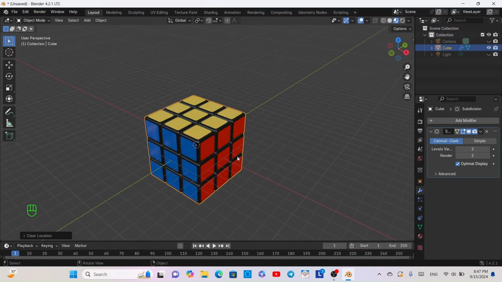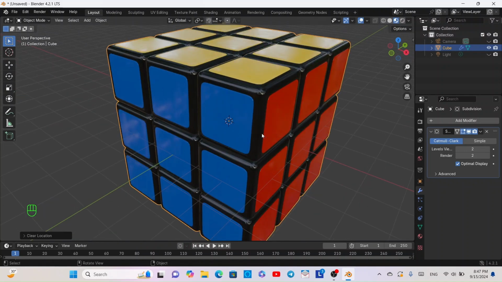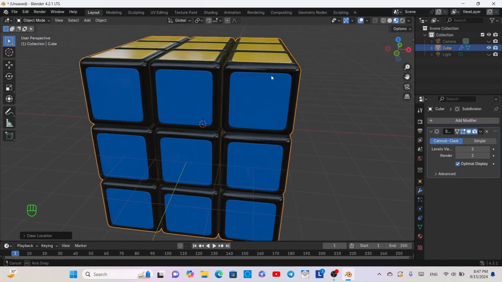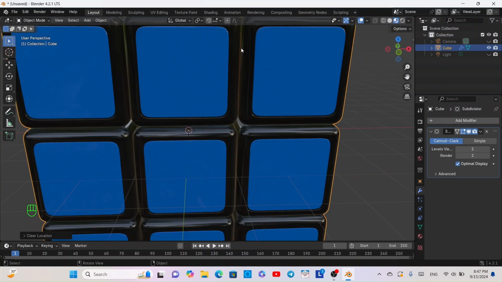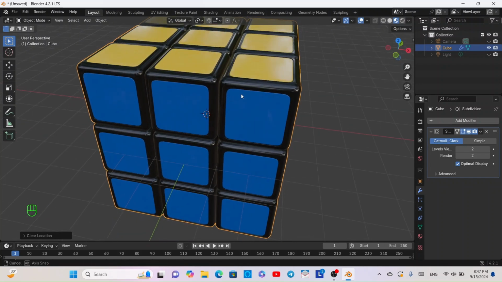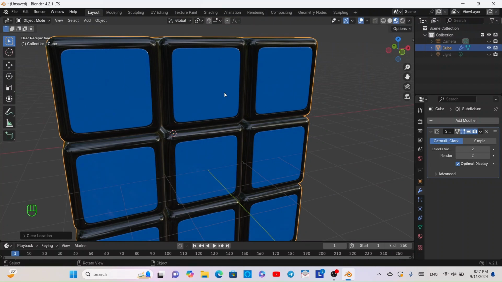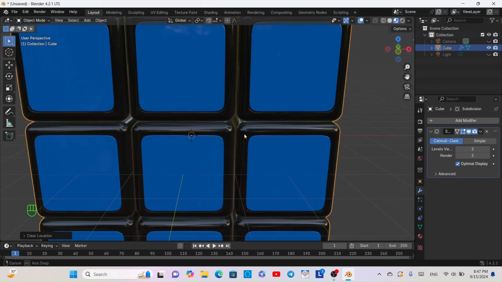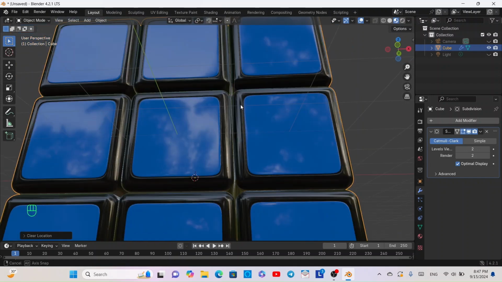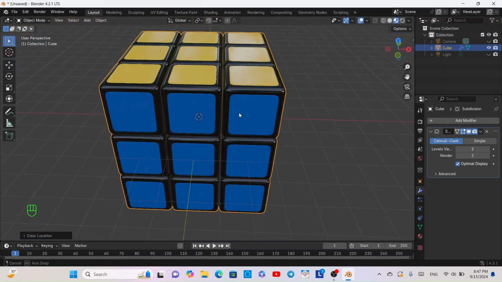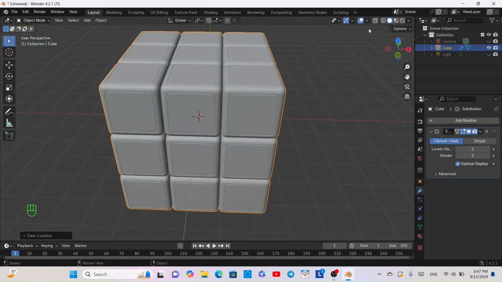And now there are a couple more things we need to do to fix the material of this cube. There are some problems. If you look over here, you're going to see an orange color over here, and this is actually the color of the tiles from inside, and this is not realistic because the real Rubik's Cube does not have a color other than black inside. But this one has actual colors other than black in between the cubes, in between those small cubes. To get rid of these colors, all we want to do is go to Solid View, or you